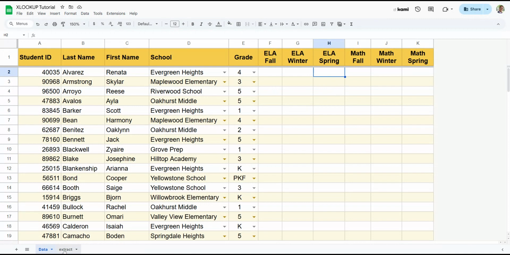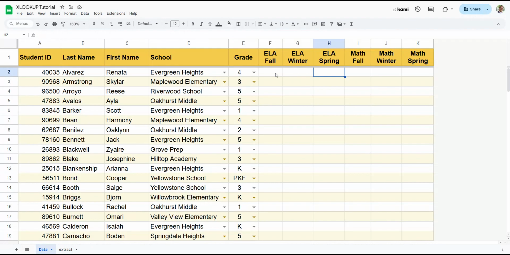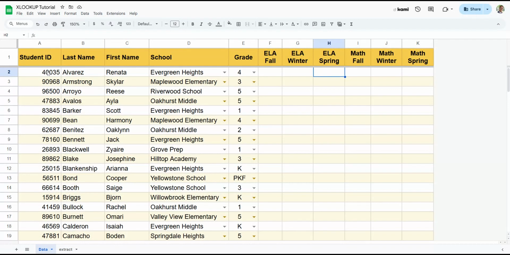Our goal for today is to take data in this extract tab, which has ID numbers and scores for the assessments, and merge that data into this sheet here so that all of the correct corresponding data is in the right spot. Now, what we're going to do is, again, use the unique ID number, and a quick example would be